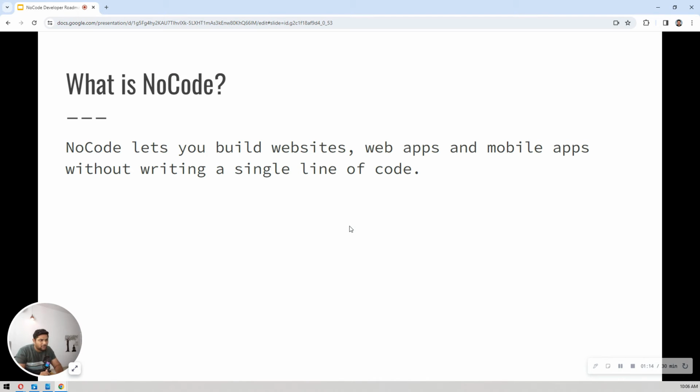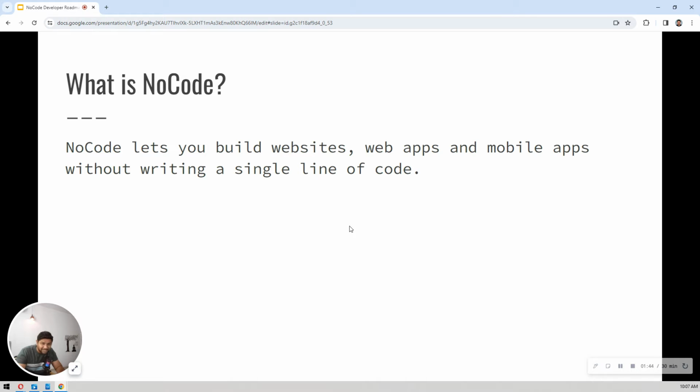So what is no code? No code means if you want to build a website these days, you can build without writing code, just visually dragging and dropping elements. Like in WordPress you have Elementor, just like that. Webflow is there, Wix Studio is there, and Squarespace, where you just drag your elements and create your website. That's it, right?